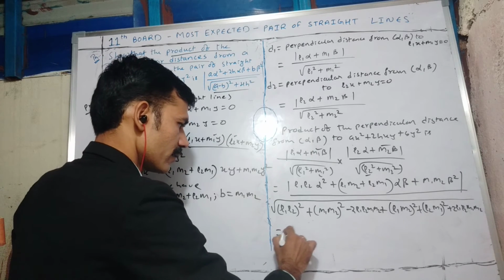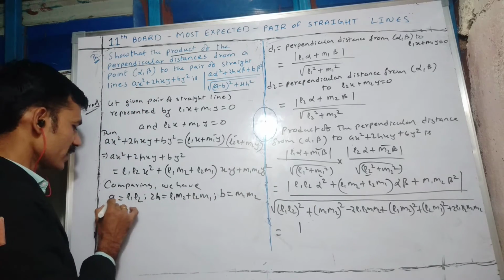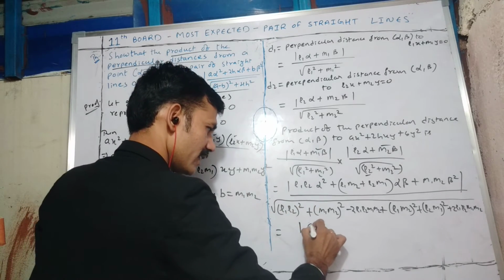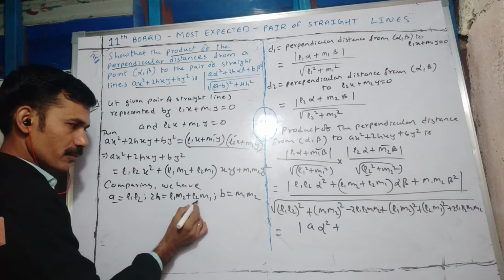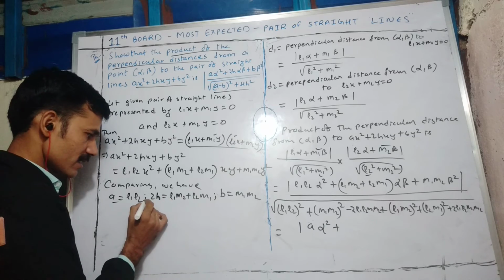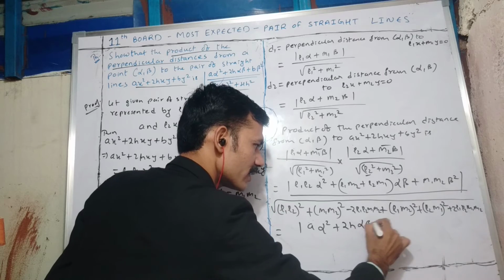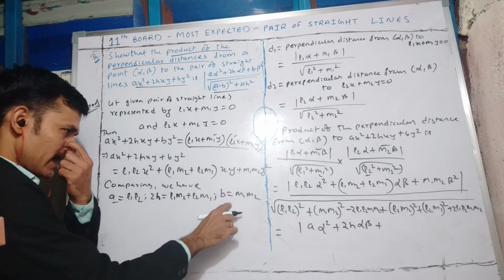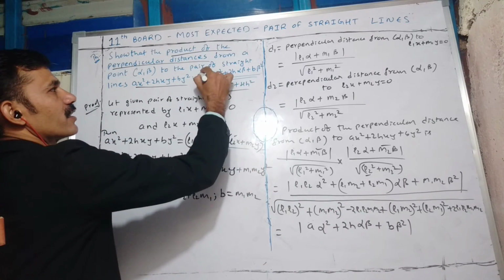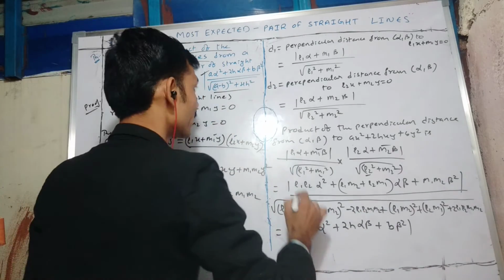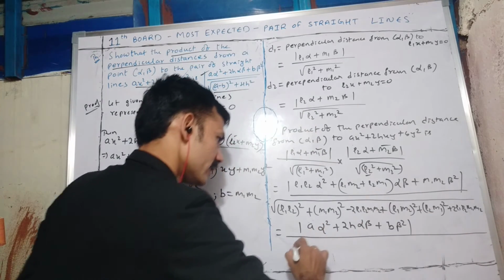Okay, here you see numerator, alpha into alpha. See, L1 into L2 means I can replace it with A alpha square. So L1 M2 plus L2 M1 means I can replace with 2H. So this will be 2H times alpha beta. M1 M2 I can replace it with B times beta square. See, numerator we got. Just we have to get the denominator. Denominator, how we are going to get? See here,